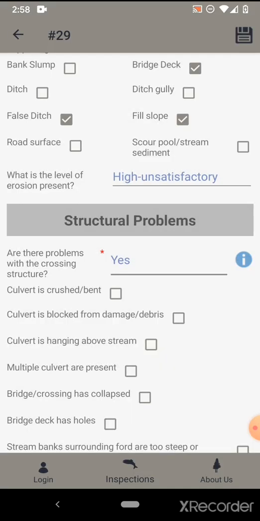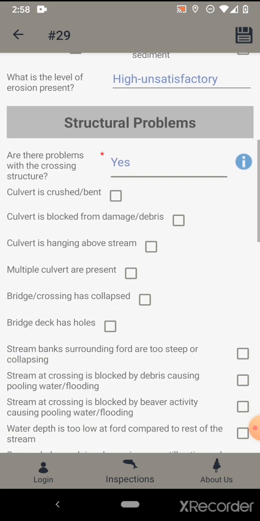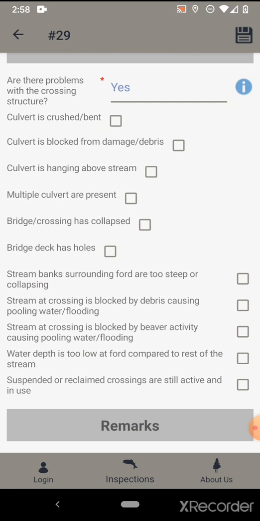If you select yes, you will be asked a follow-up question identifying the specific issues with the crossing. You will be able to choose any of the following: the culvert is crushed or bent, the culvert is blocked from debris or damage, the culvert is hanging above the stream, there are multiple culverts present, the bridge or crossing has collapsed, the bridge deck has holes in it, the stream banks surrounding the ford are too steep or collapsing,